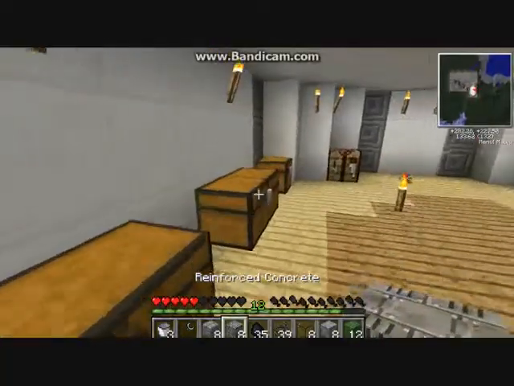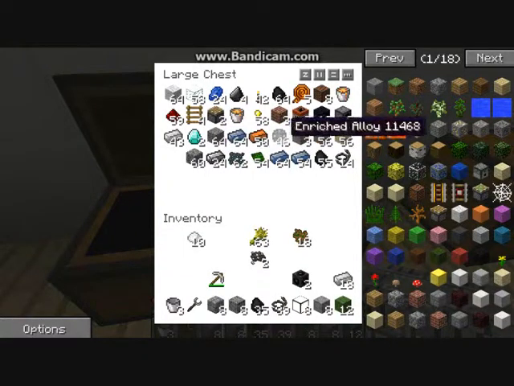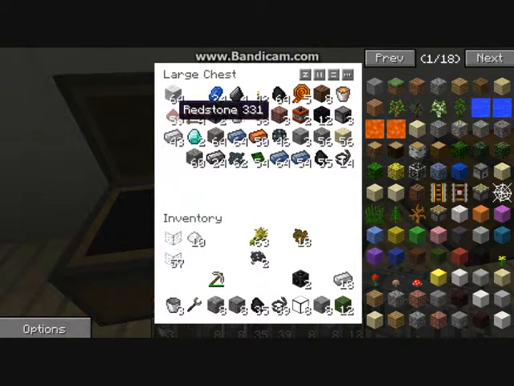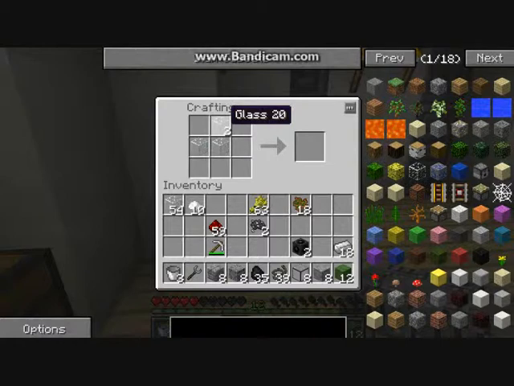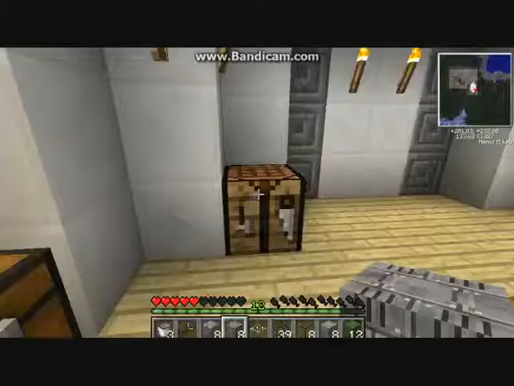So here we go. I have a lot of stuff up here, so hopefully... Oops. Wrong one. What am I looking for? A glass. I think I can make a glass pressure pad, and I have some redstone. I'm glad my textures break. So if I stick that... so any sort of lever... Oh, that's how you make it. Sorry. I've not actually made a glass pressure plate. So to make a glass pressure plate...